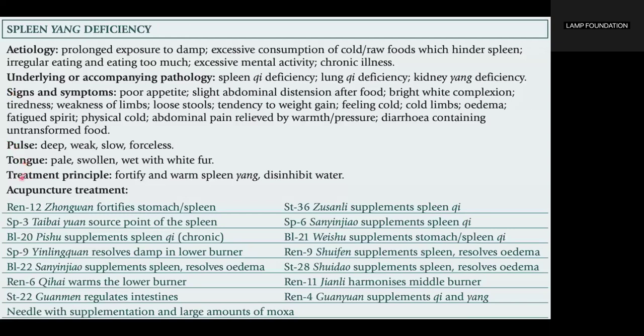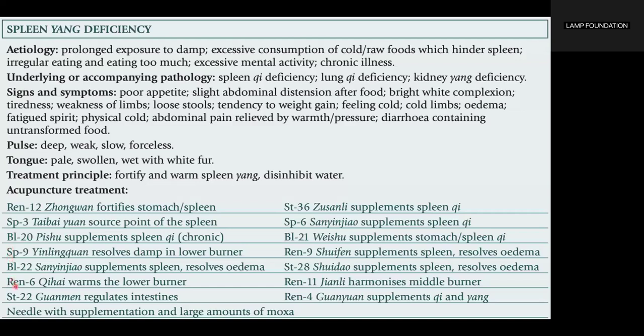Treatment principle: fortify and warm spleen yang, disinhibit water. Acupuncture treatment: Ren 12 to fortify stomach and spleen. Spleen 3, Yuan source point of the spleen. Bladder 20 to supplement spleen qi. In chronic cases, Spleen 9 to resolve damp in the lower burner, Bladder 22 to supplement spleen and resolve edema, Ren 6